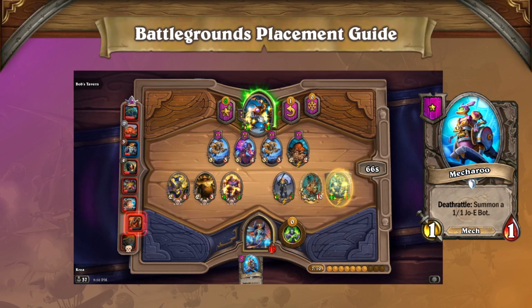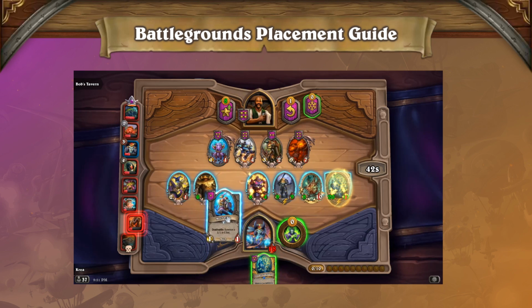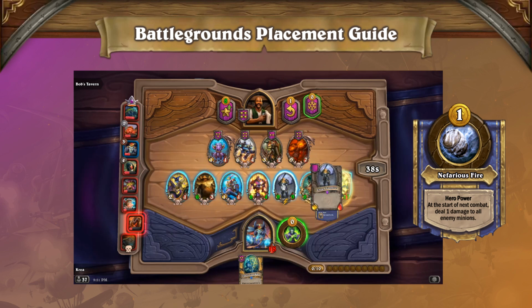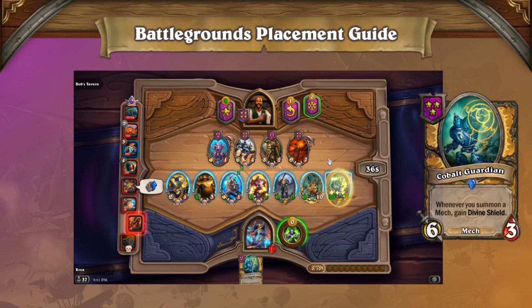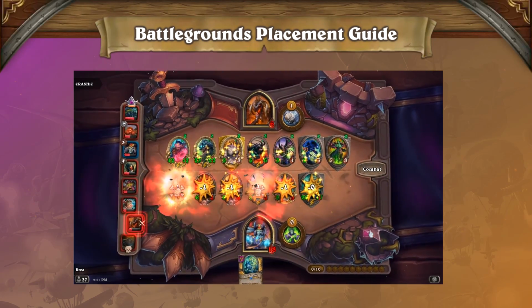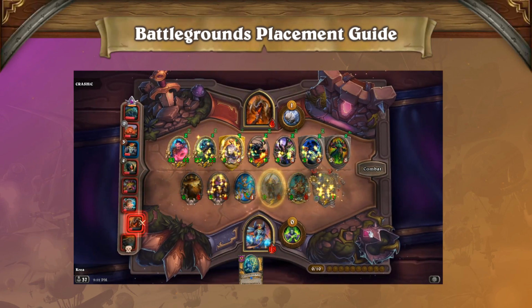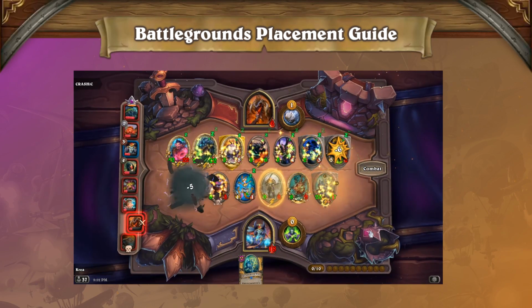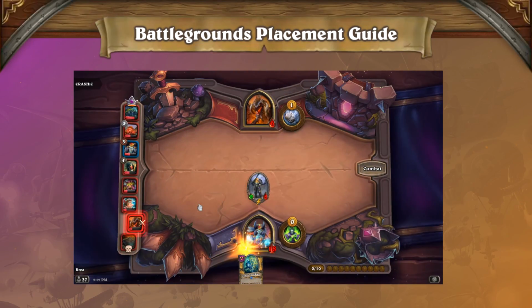By placing the Mecharoo in the middle of the board, we are able to immediately benefit from its death rattle if Nefarian decides to hero power next turn, which will refresh the divine shield on our Cobalt Guardian. Nefarian does end up utilizing his hero power, but our tech option was successful and we are able to dismantle his entire roster by picking up the correct minion in the tavern and properly positioning it on the board, eliminating